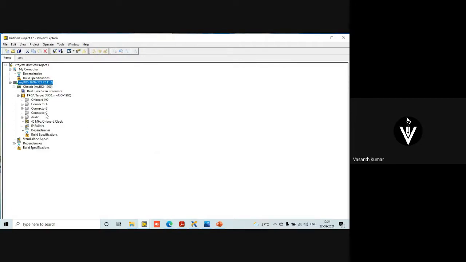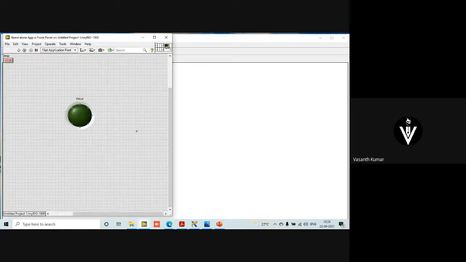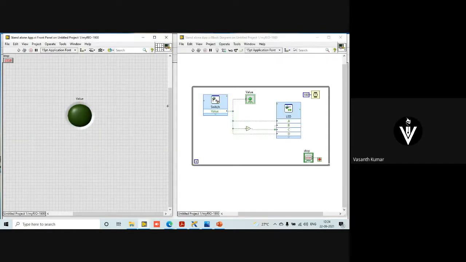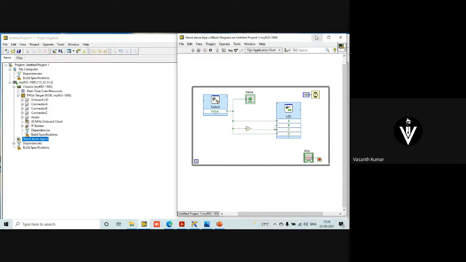Okay, so connected back, and you can see this is the code we are executing. This code is fine. If I run this program, it's once again going to deploy and it's going to work, which is not what I'm looking for. So I don't want that. I'll come to my project.